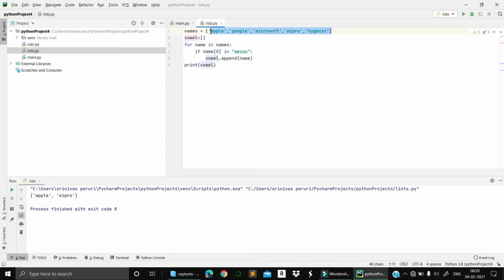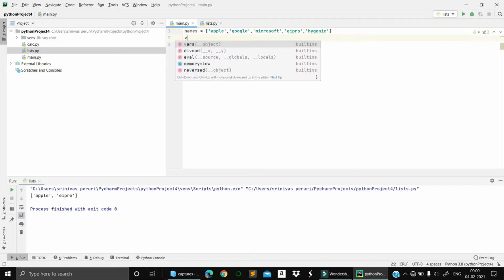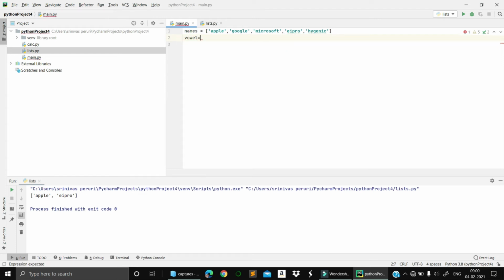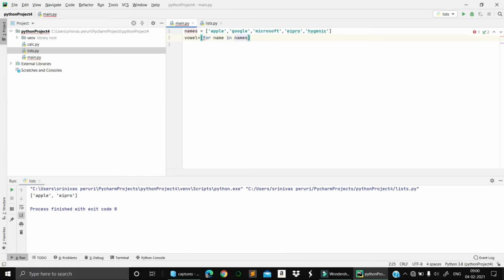The same thing I'm going to reduce into 2 lines. Let's have a look at this. I have the same thing as usual, the list which has names. And what I want is to convert it into a new list in such a way that all the elements are separated out within one line of code. So for name in names, I need to check if the name at the zeroth index position is in a e i o u.